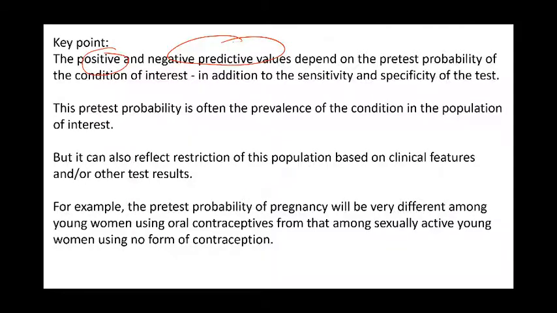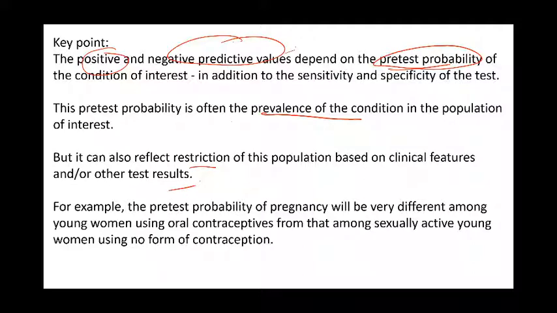So here we'll understand a few terms. Pre-test probability. In any population, pre-test probability is usually the prevalence of disease. Like if we say I want to do a test in a sample, and prevalence of diabetes in the population is 2%, the pre-test probability would be 2%. Sensitivity and specificity of the test are constant, and they do not change with the population it is being tested in. However, the positive and negative predictive values change according to the population in which it is done. So it is prevalence.